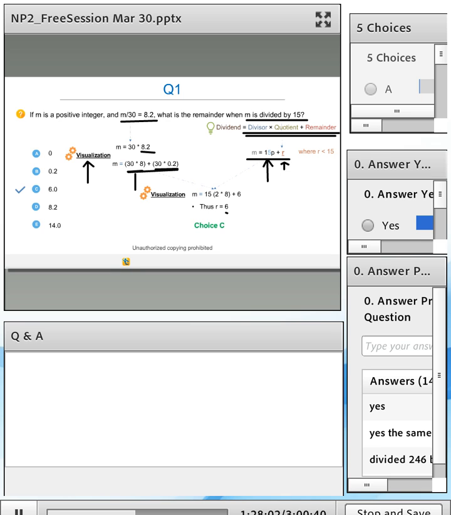Because remember, what we are doing here is we are taking up one concept, one kind of question really in that concept, because this is the kind of question in which you need to find the remainders. And then we are building upon that with a step-by-step method here. Okay. So again, all we are doing over here is we are simply expressing this term 30 into 8.2 in the form of 15p plus r.